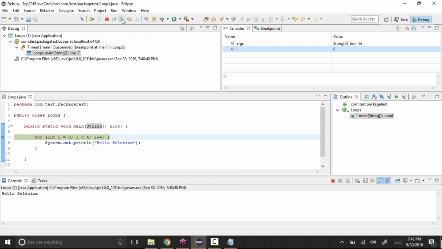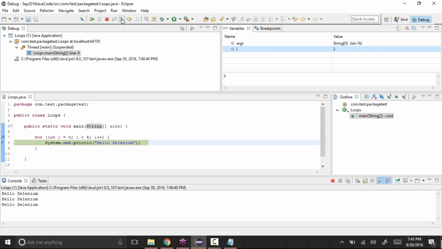See, click on this. It executed, and now it executes I plus plus, which will increment the value of I by 1. Now if I click this, I value became 1, and the condition I less than 4 is still true. So it will enter the loop again. Now I value will become 2. With this I plus plus, that's how the I value will increment. And now it is 3. The condition is still true, so it will enter the loop.